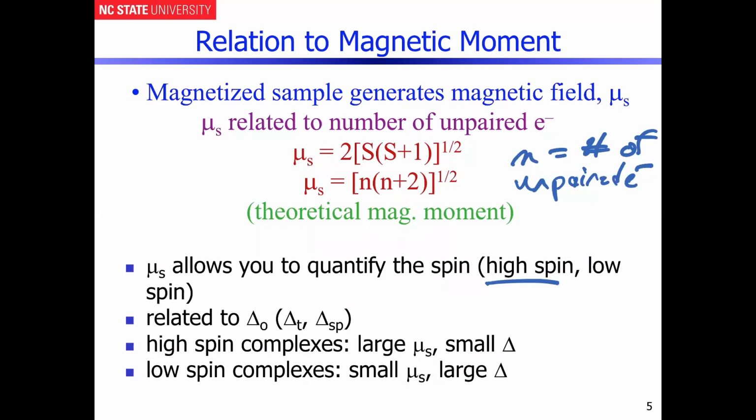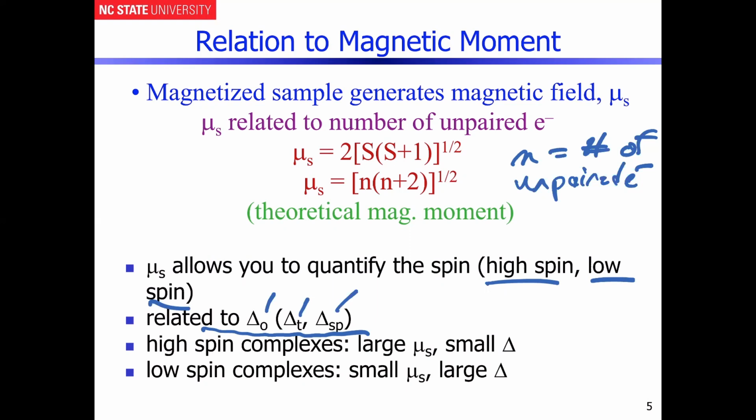High spin being synonymous with electron configurations that prefer to maximize the spin multiplicity. And then there's also low spin configurations where the opposite happens, where the configuration actually prefers to have the most spins paired as possible. And as you'll see, that's going to be related to these ligand field stabilization energies that you're going to see in octahedral geometries, tetrahedral geometries, square planar, all sorts of different geometries that we're going to